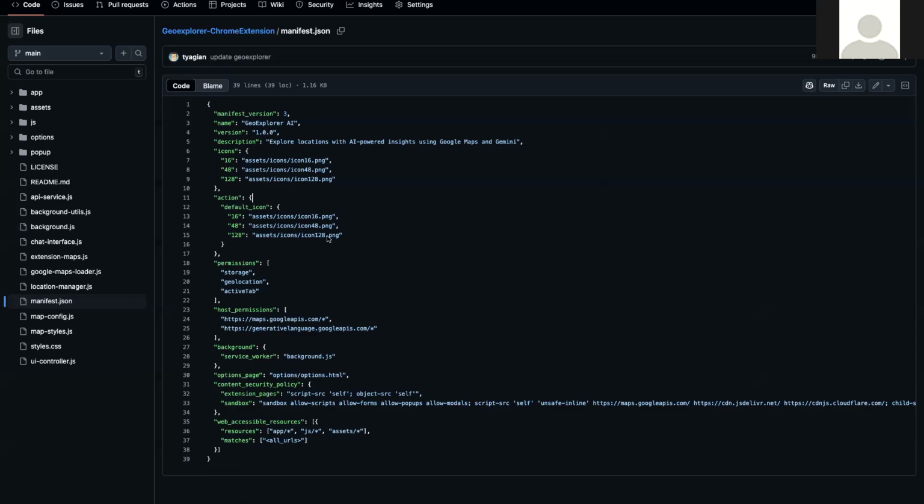Host permissions specify which external domains we need to communicate with. The Google Maps endpoint is for mapping functionality, and the Generative Language API is for communicating with Gemini. Those are all we need to add in our host permissions, to mention which external APIs we want to communicate with. Otherwise, it will try to block you,